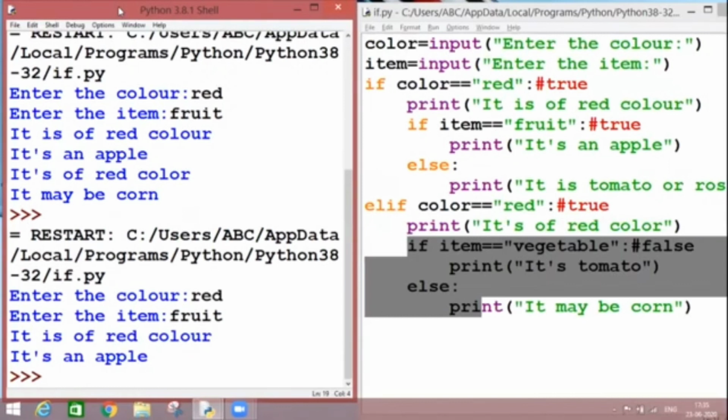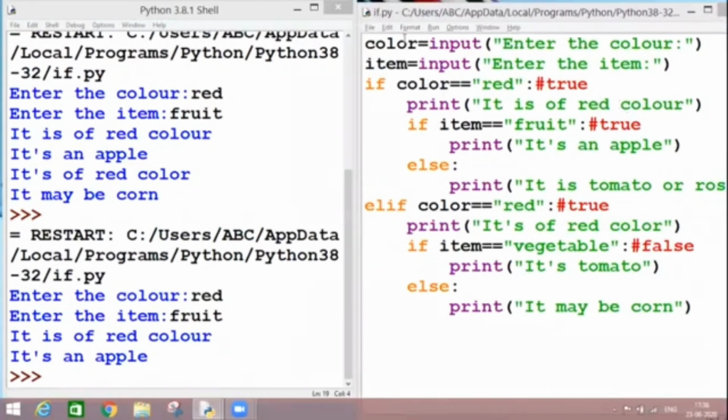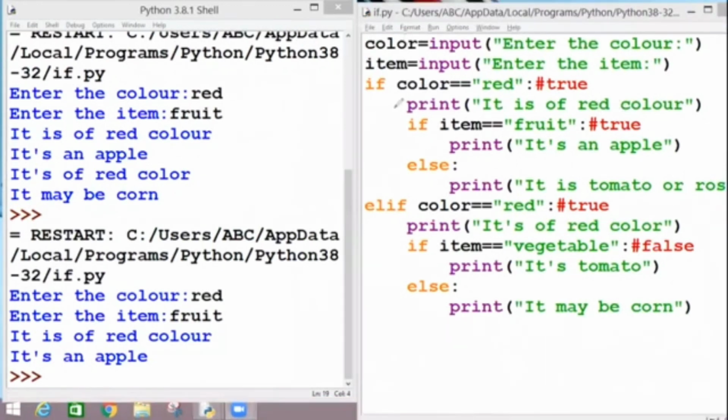Why? Let's discuss. First, the controller is on this condition. If color is red, the condition became true. So this statement is printed.